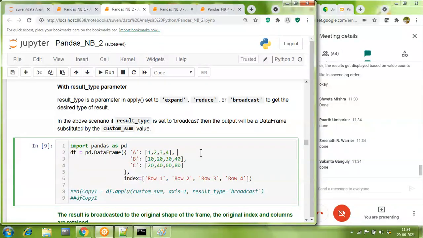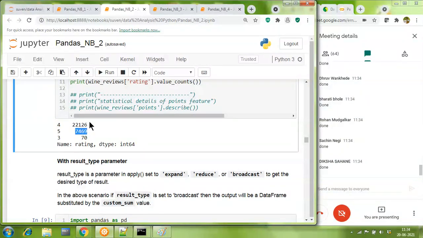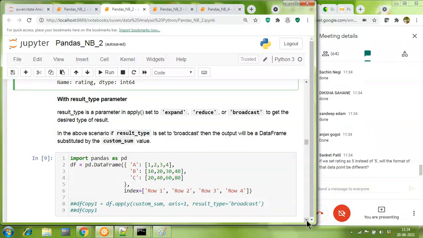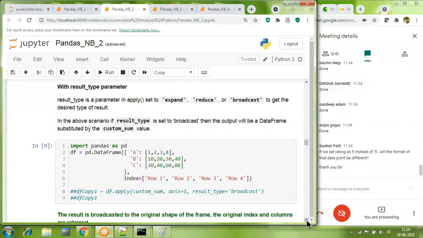And I hope you have noticed a very valid point raised by Pooja MV. Very good observation, that whenever you report output of value counts, you will always see the output coming in descending order of counts. That means highest counts first, then so on and so forth. Sanket, answer is yes. Absolutely. If you keep it as a string, it will be considered as a different format. You're right. So 5 and '5' in single quotes are two different things. Correct.